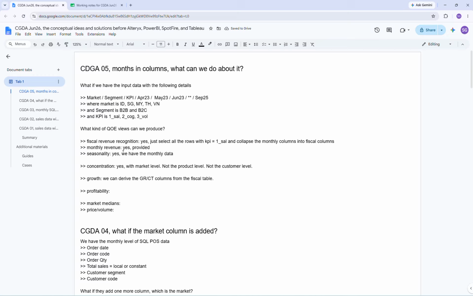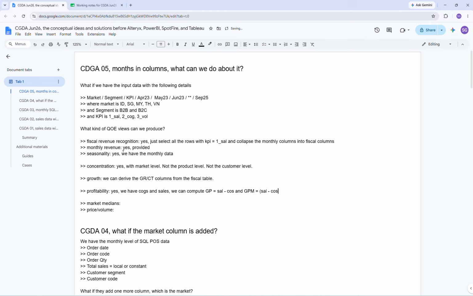Profitability. Profitability is also yes, because we have the COGS already. So yes, we have COGS and sale, and then we can compute GP in this case, which is the sale minus the COGS,